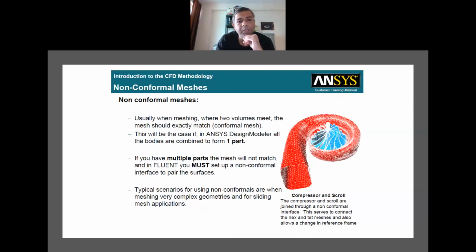नॉन कन्फॉर्मल मैश। अब एक पूरा ऑब्जेक्ट अगर एक ही है तो हमें कन्फॉर्मल मैश ऑटोमेटिकली जनरेट हो जाती है, एक जैसी, कुछ करना नहीं। पर अगर मल्टीपल पार्ट्स हैं उसके तो हमें नॉन कन्फॉर्मल मैश की जरूरत पड़ती है, जिसको हमें इंटरफेस के थ्रू पेयर करना पड़ता है। तो ये हमारे लिए इम्पोर्टेंट नहीं है, हमारा एक ही ऑब्जेक्ट रहेगा, उसमें जो मैश जनरेट होगी वो कन्फॉर्मल ही होगी। तो अगर ये इस टाइप का कॉम्प्लिकेटेड शेप है जिसमें यहाँ कंप्रेशर है, स्क्रॉल है, तो फिर इसके लिए नॉन कन्फॉर्मल मैश की जरूरत होगी।